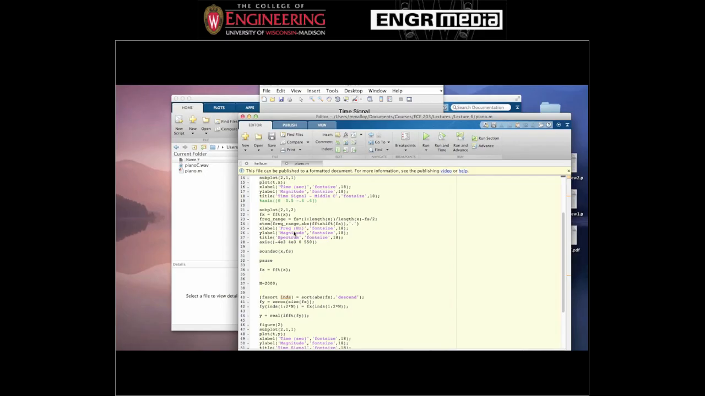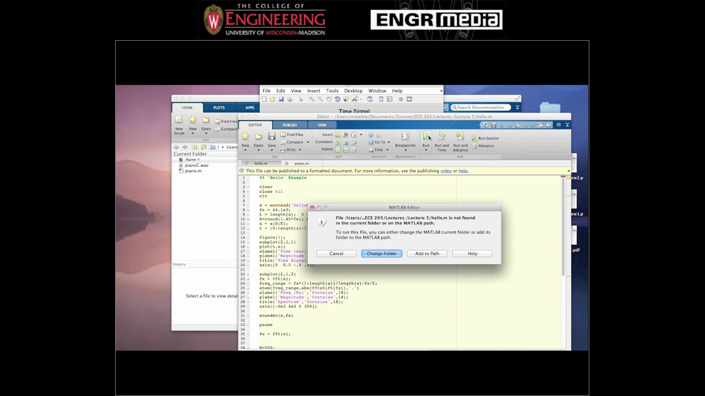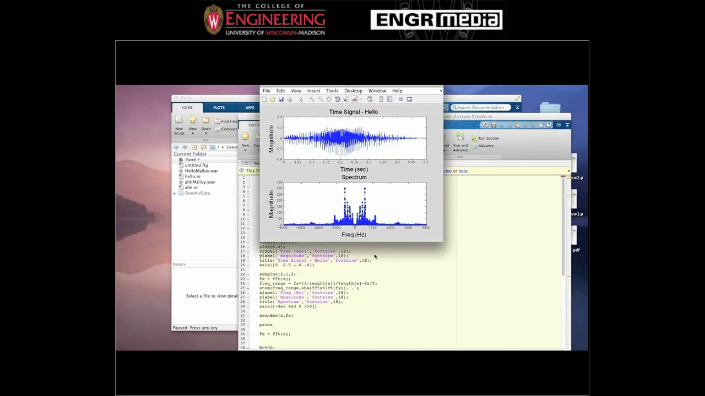So lastly, I want to show you my voice saying hello, and look at the harmonics of this signal. So let me run that quickly. Hello. All right. So now if I zoom in on this